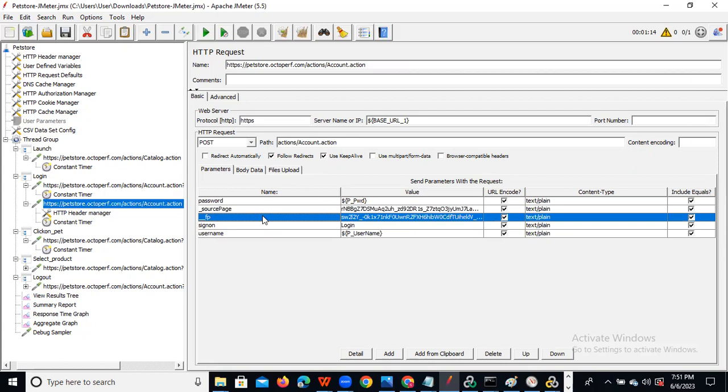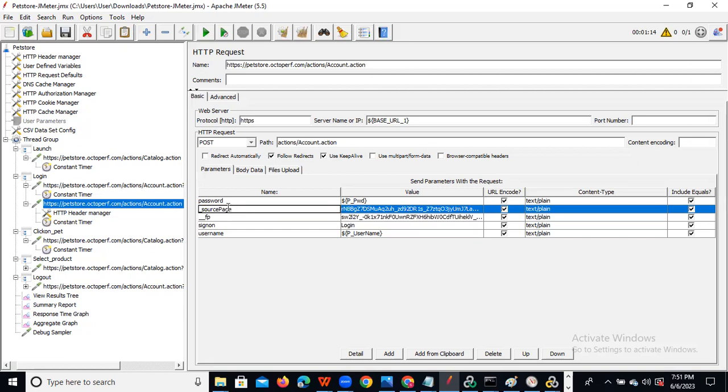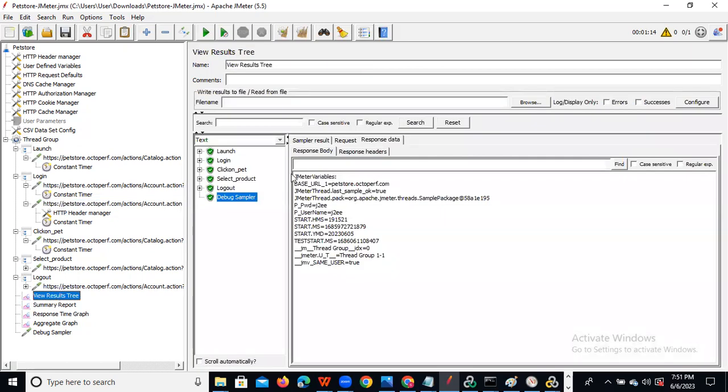Here we can use the post processor, either regular expression based or boundary based. How to do it: copy this value and execute one time. Then go to the view results tree and search here. Control V, and search. Then we can observe it is highlighted here.